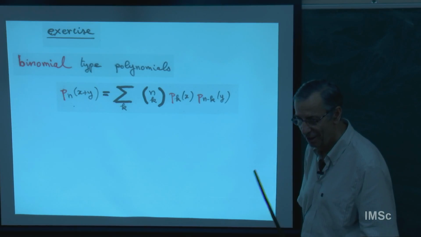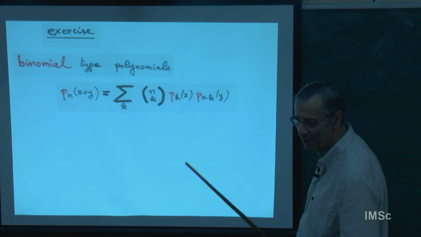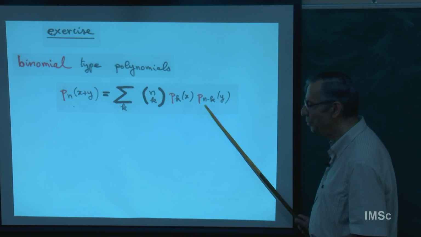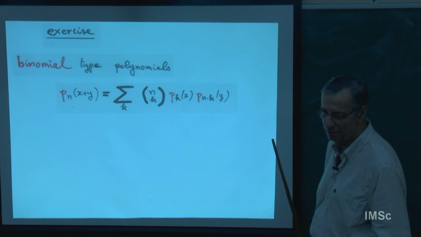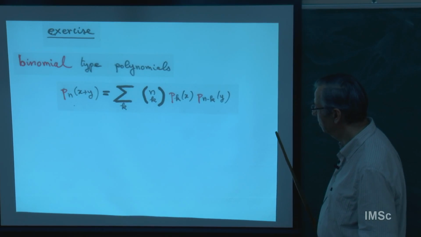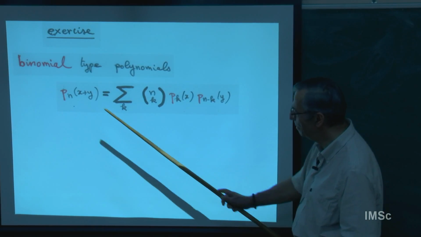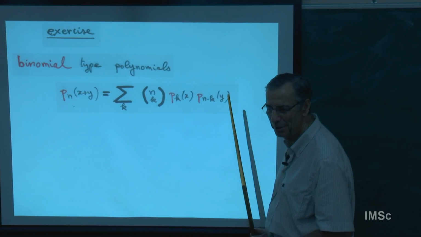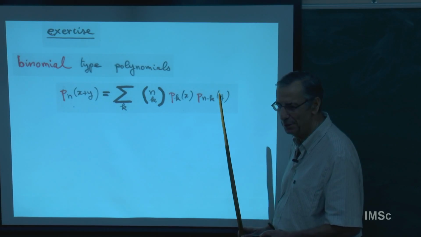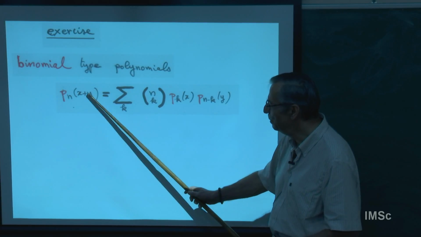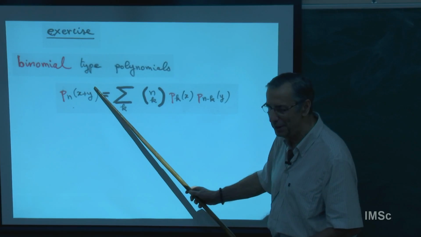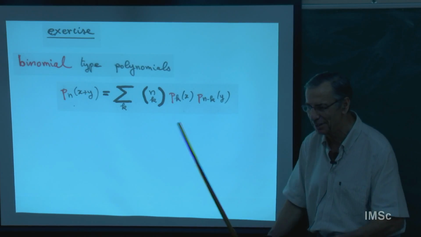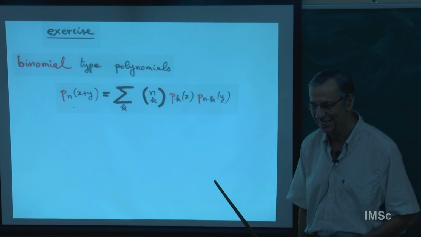Exercise. Now here is the exercise: show, for a binomial type polynomial, using species, that you have this identity. See, if I replace P_n of x plus y by (x plus y) power n, I will get binomial type. So this is called the umbral calculus. You have some complicated polynomial, you put an exponent instead of the indices, you apply it as if it was an exponent, and at the end of the calculus, you put back the n below, and then it works.